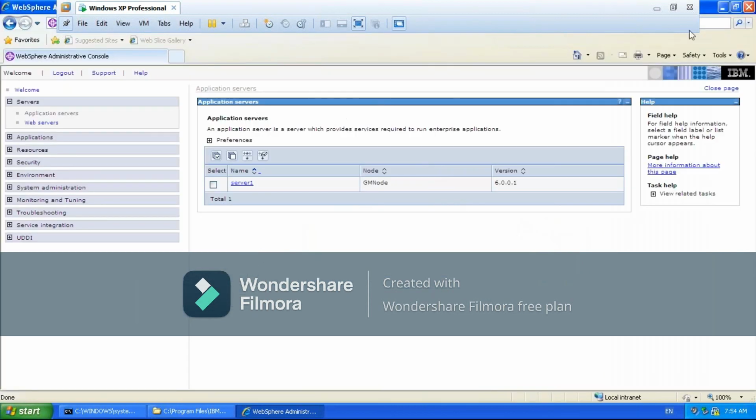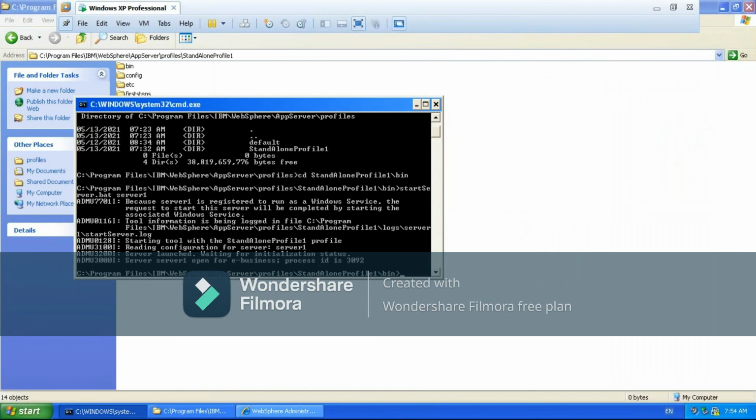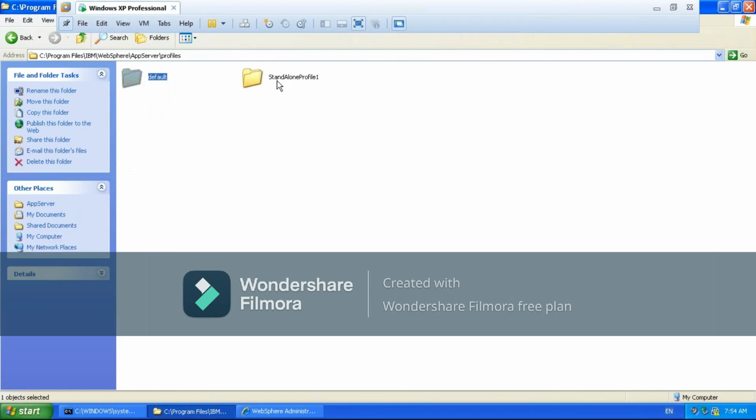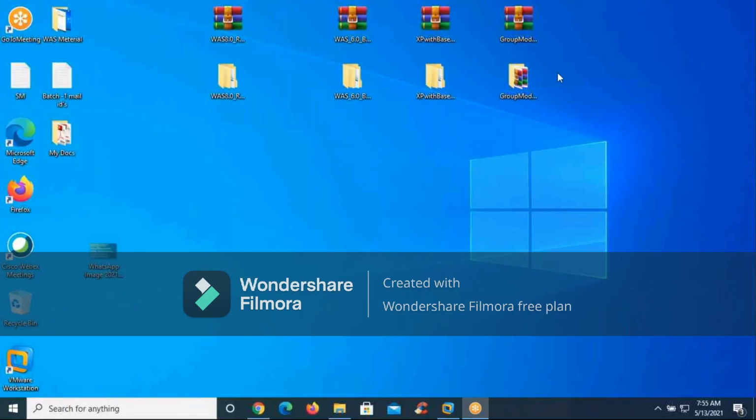So now, by using the product binaries, you created two profiles. One profile is default, another one is standalone, and you can create n number of profiles, but all seem to be the same. It is going to create a cell inside that node, inside that server one, which is the application server, and the node we are going to call an unmanaged node, with no relation from one profile to another profile. That's it. Clear? So we are done with this base one.